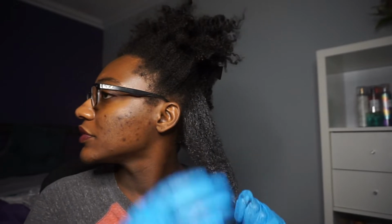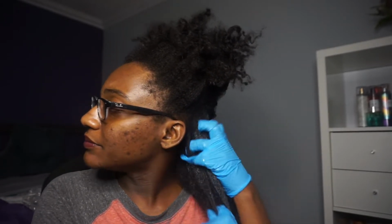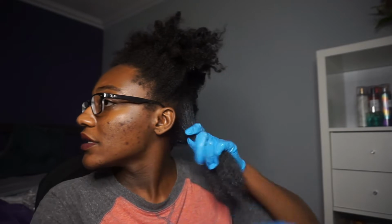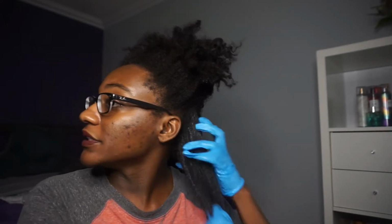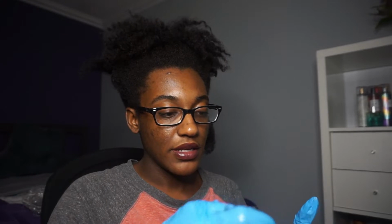So as you guys can see, this isn't a bad pre-poo in terms of the slip. The slip is okay. It's a little bit less effective closer to my roots, but I experience a lot of tangling in my roots a lot of the time. So so far, it's not a terrible product. It ain't no curl piece either though. I'll just go ahead and tell y'all it ain't no curl piece, but it does the job. It does the job. Getting all the weeks